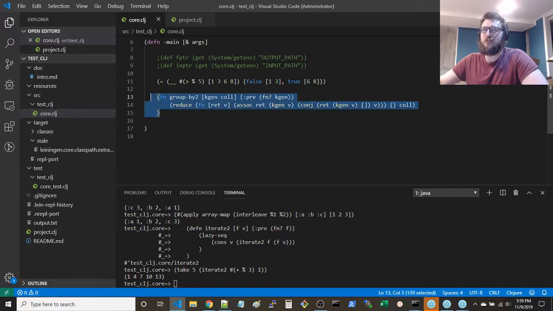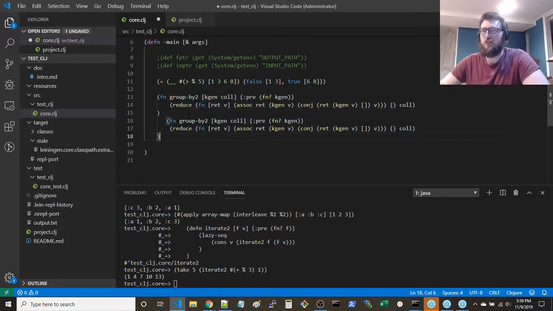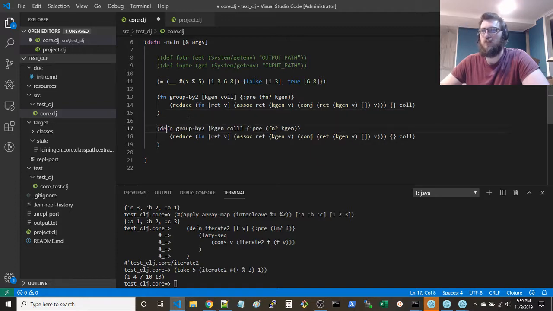So let's do this. Define this function, group by 2.